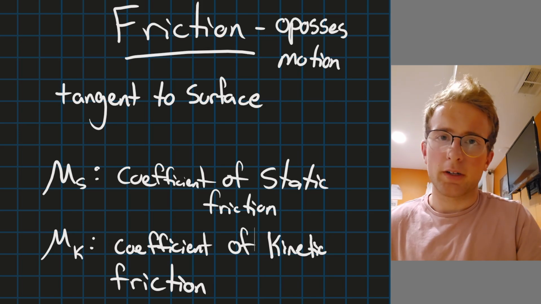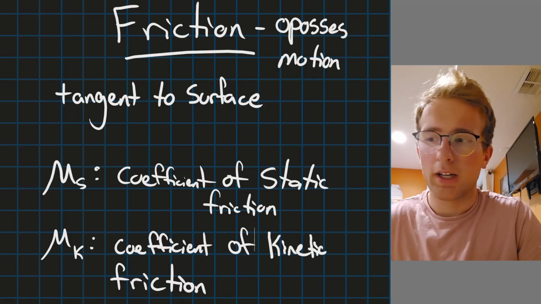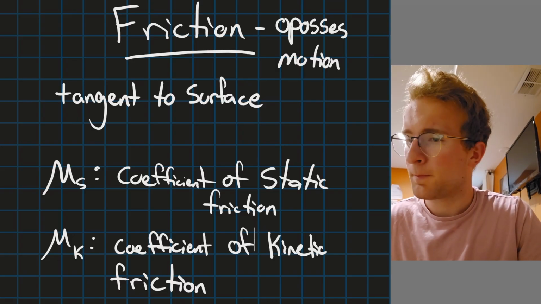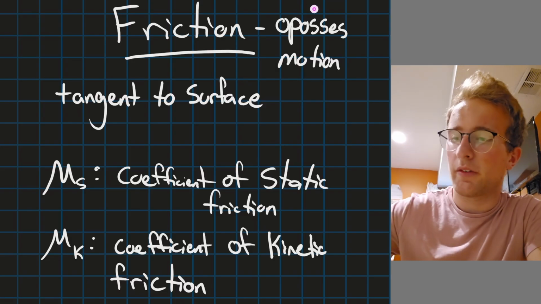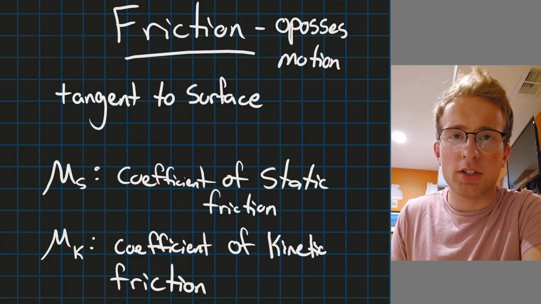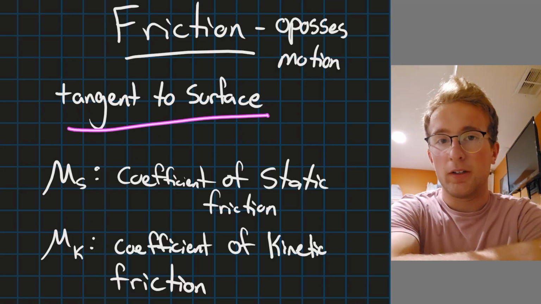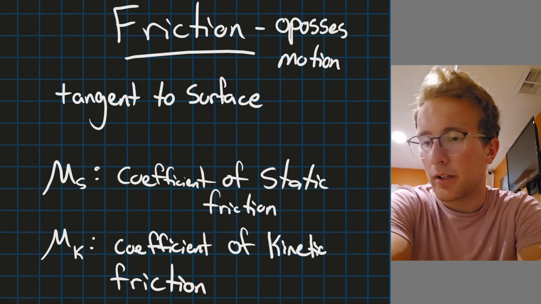All right, today we are going to be talking about friction. I think we all have a pretty intuitive idea of friction, but maybe you'll learn something new here. So friction is a force that opposes motion, okay? And the direction of a frictional force on an object is tangent to the surface where the friction acts,